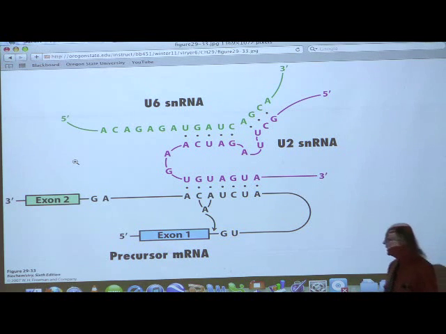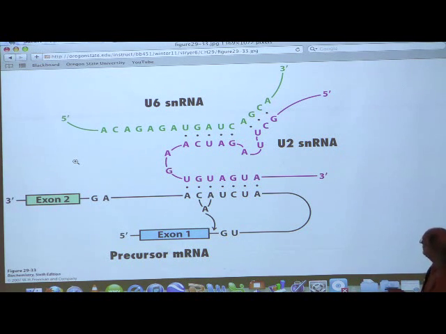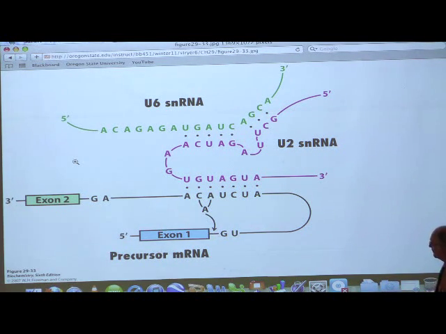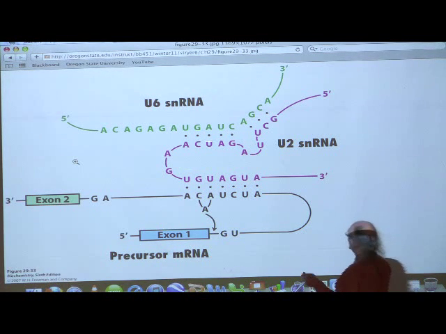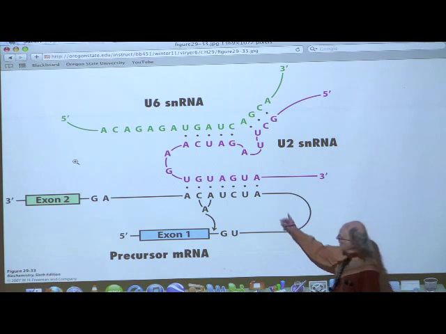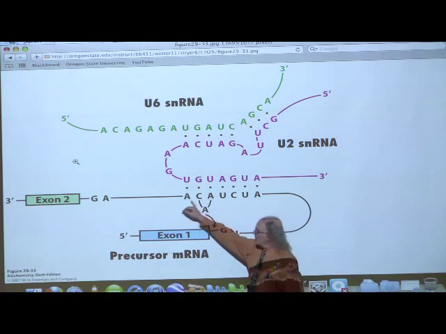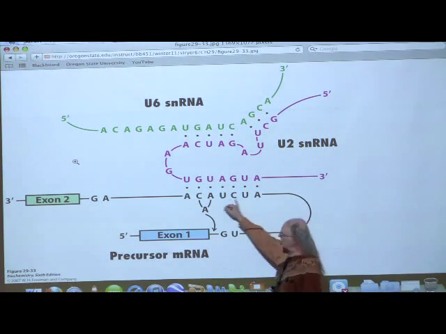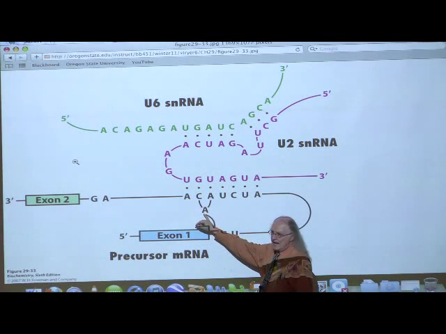This shows a little bit more with respect to some of the other RNAs that are involved. So here is a sequence of the U2 snRNA. And no, you're not going to worry about these sequences, so don't worry about the sequences. But I want to point out what the U2 snRNA is doing, and it's kind of cool. The U2 snRNA is binding to that region that was pyrimidine rich that had an A.